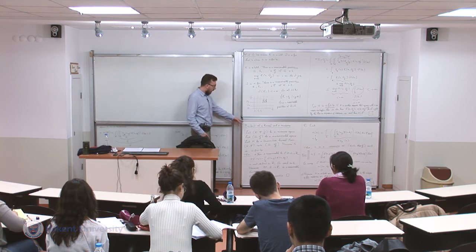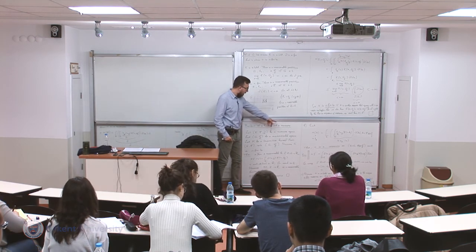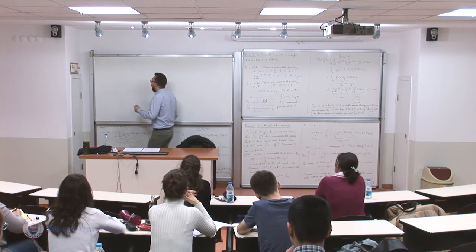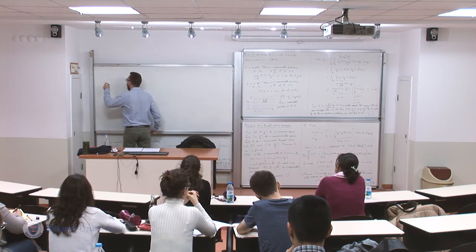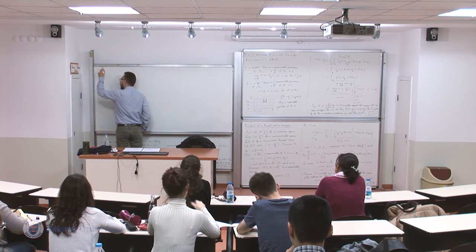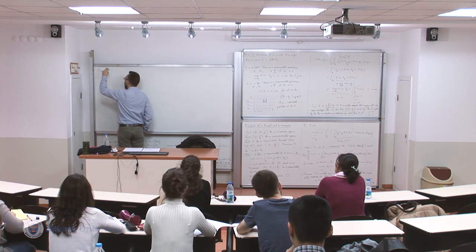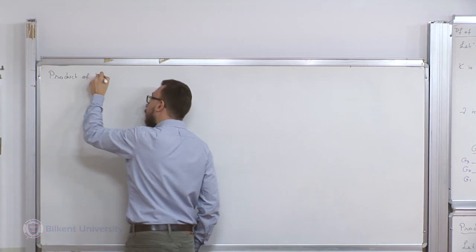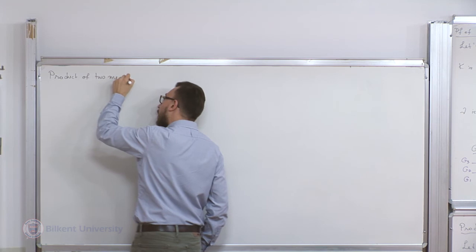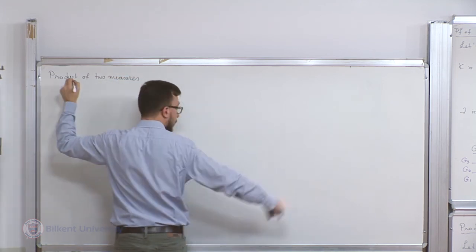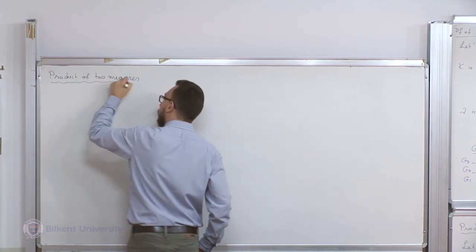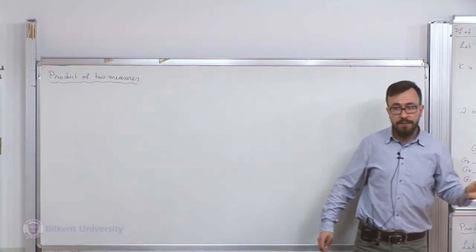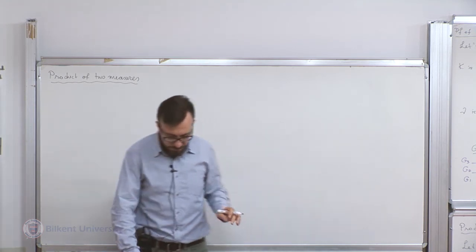So this is about the product of a kernel and the measure. Okay. So now we're going to look at the product of two measures. One on one space, another on the other space. Product of two measures. It's going to be a special case of the theorem in the previous section we looked at, but we're going to have some more results. Okay?